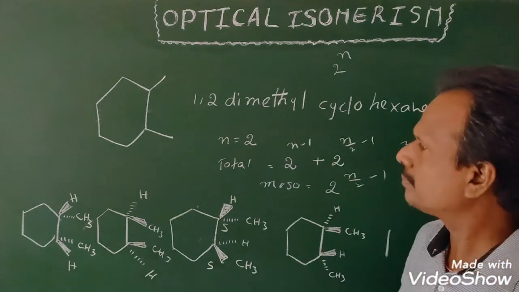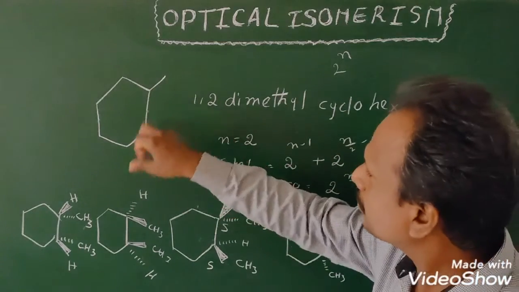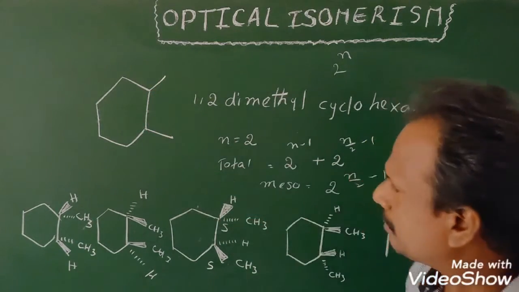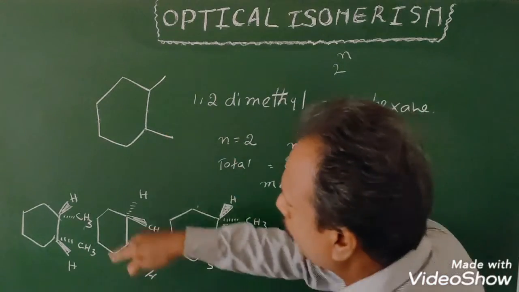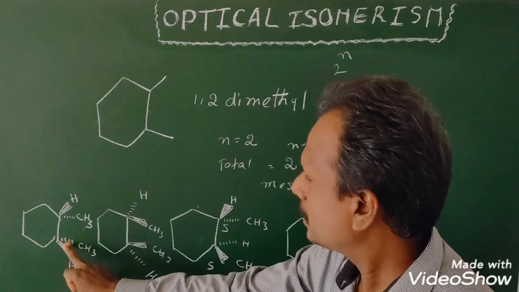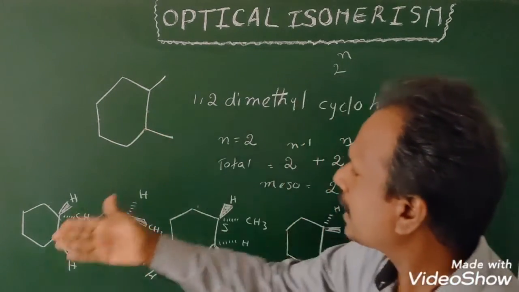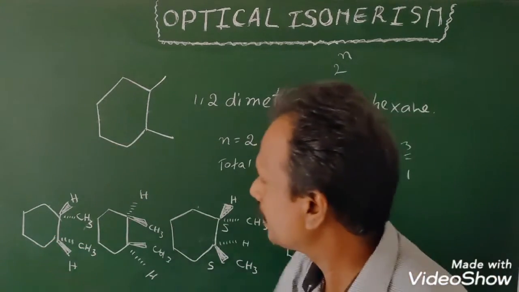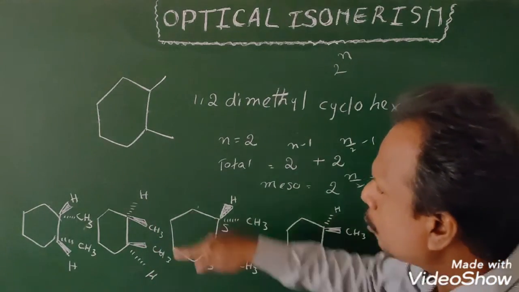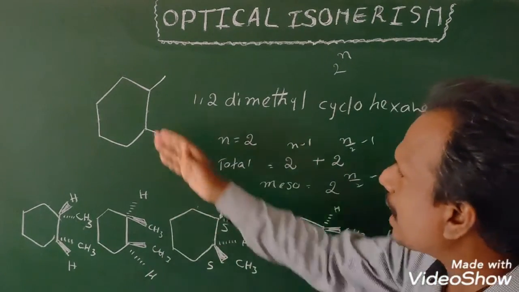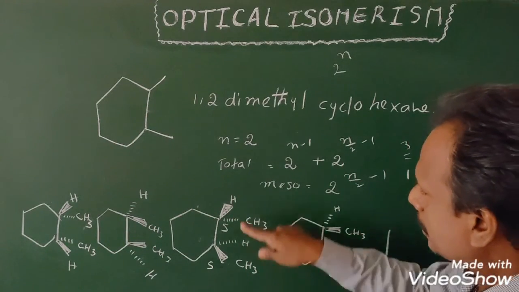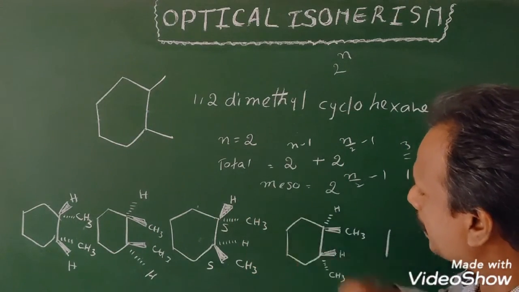But practically we think here one H atom is there. Here also one H atom. Stereochemistry of these 2 H atoms are in same plane, above the plane. Then methyls are below. This is the one configuration for this structural formula. Another one is 2 methyls are above the plane, 2 H atoms are below plane. This is another configuration for that structural formula. Next one. One H atom is above the plane, another is below the plane. Another one is,